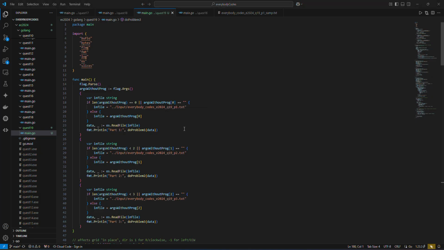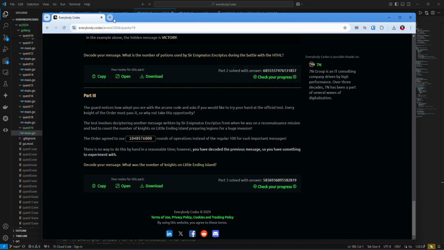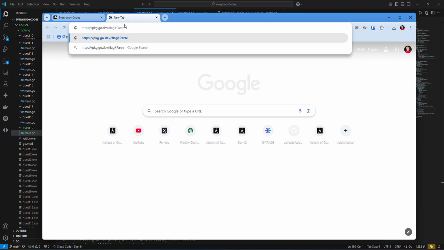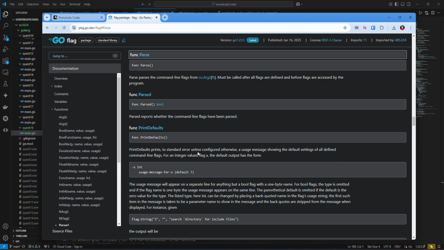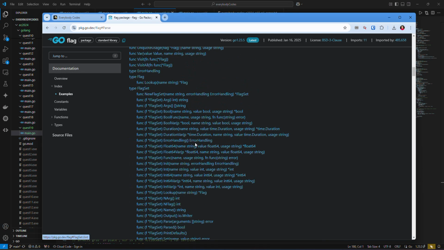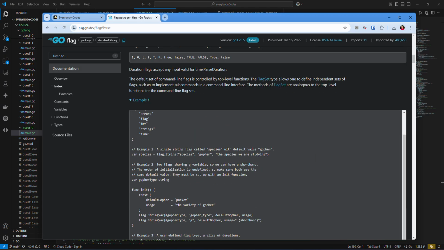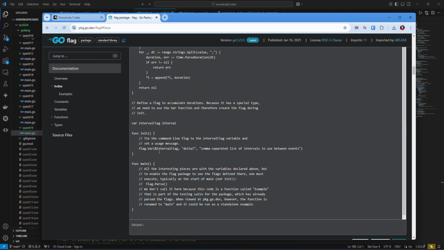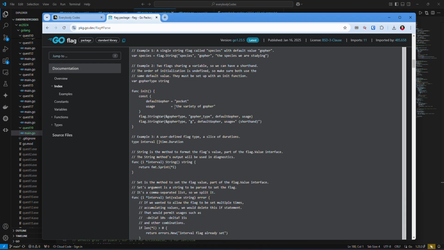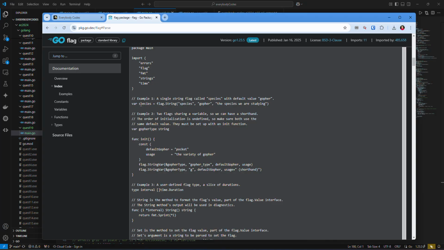So let me, oh, it's doing it over in a different window. So okay, so let's see, how do we use this program? We say, okay, we just say something equals flag dot